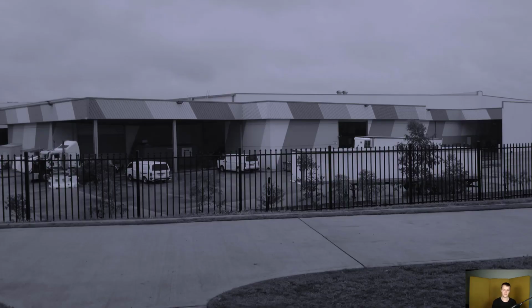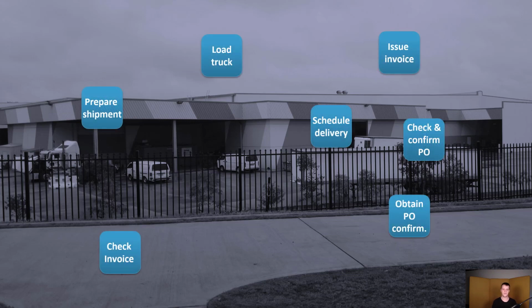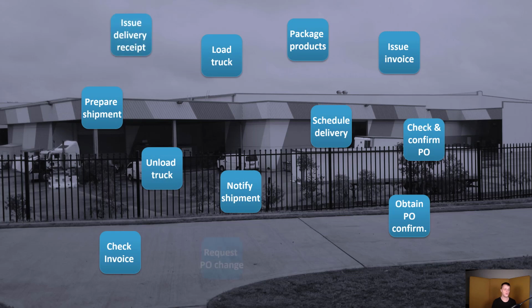Let's start with an example. A warehouse that buys and sells grocery products. They buy them from local producers and then they sell them on to, let's say, local supermarkets. In such an organization, there is a number of activities that are going to go on daily. For example, loading a truck, unloading a truck, or issuing invoices, scheduling deliveries, checking and confirming purchase orders, and so